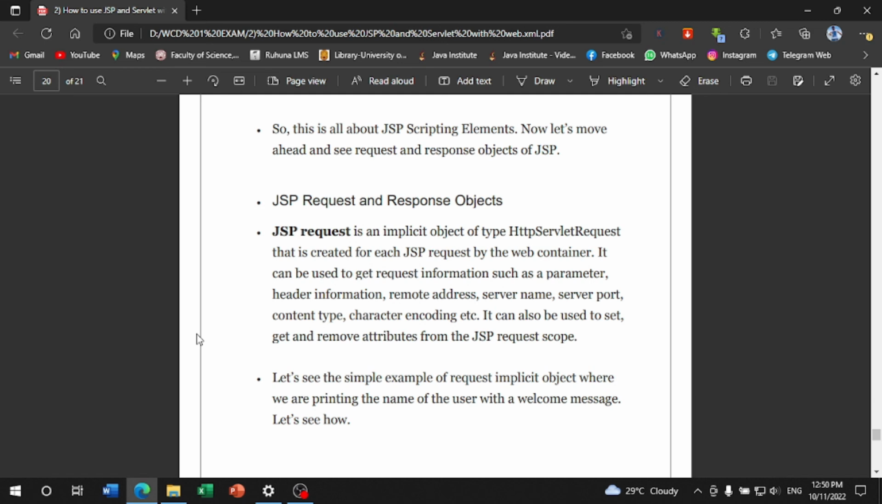Now let's move ahead and see the request and response objects of JSP. JSP request object. The JSP request is an implicit object of type HttpServletRequest that is created for each JSP request by the web container. It can be used to get request information such as